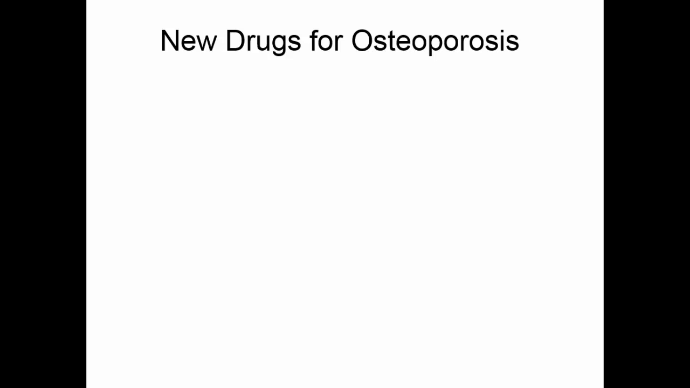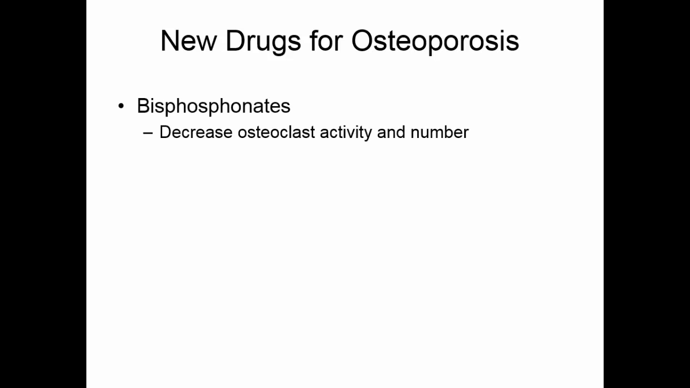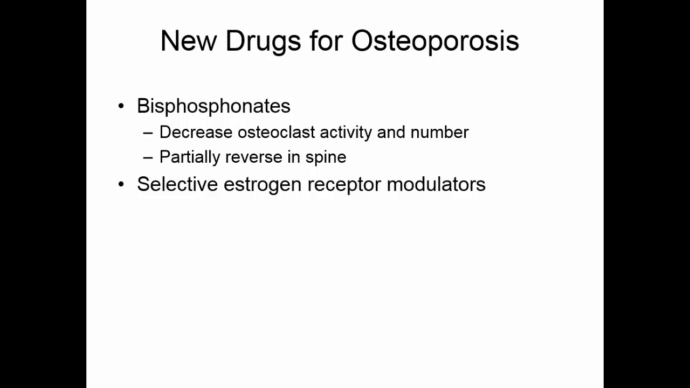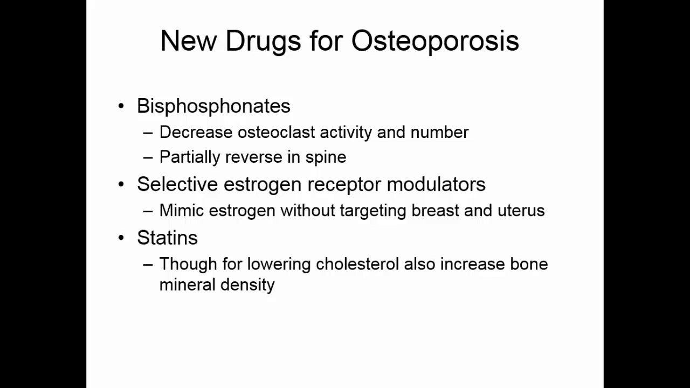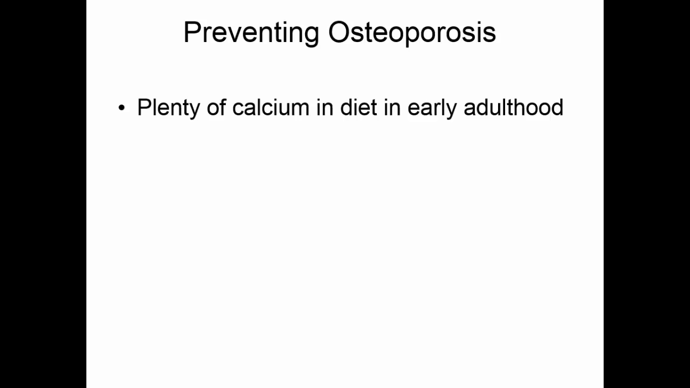Some of the newer treatments include biphosphonates. These decrease osteoclast activity and number and partially reverse osteoporosis in the spine. Using selective estrogen receptor modulators mimics estrogen without targeting breast or uterine tissue. And statins, which are supposed to be used to lower cholesterol, turns out they have the side effect of increasing bone mineral density. To help prevent osteoporosis, you need to make sure that there is a diet rich in calcium